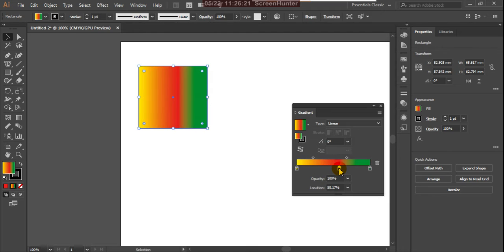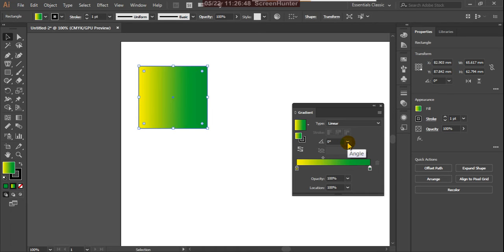You can move this, otherwise select this and click on delete, it will automatically delete, or otherwise you can drag it down also. So between these two, you can move this slider as per that. As per that, the blending of this color can be created.